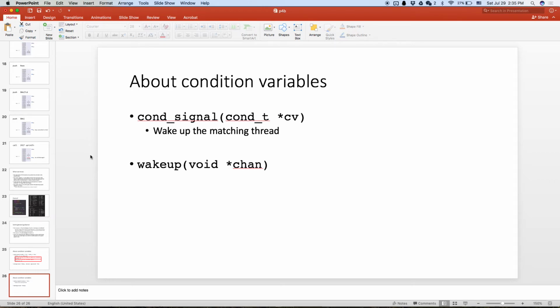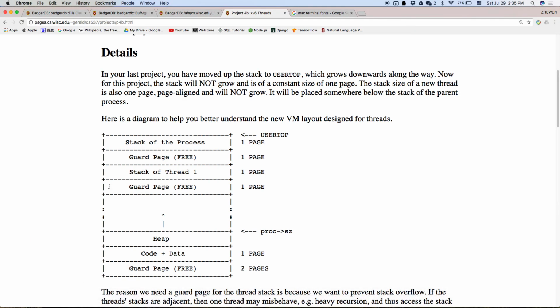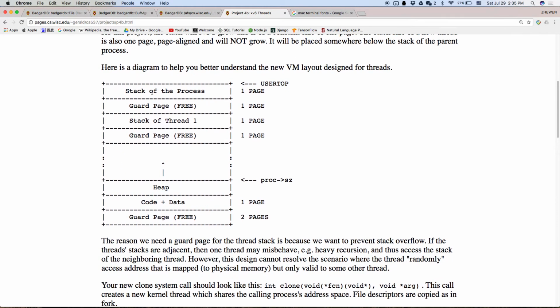You mean when a thread terminates? Sure, you should release that. Why is that? Because here we only allow at most 8 threads to be run concurrently, right? Not including the parent. The parent itself is actually another thread, but the main thread can clone another 8 threads that run concurrently, which means each process or thread takes up 2 pages, right? So altogether 18 pages should be the maximum